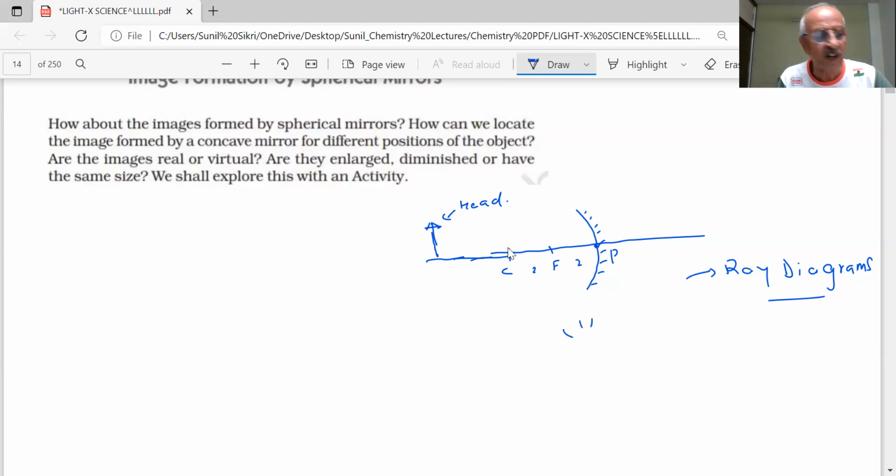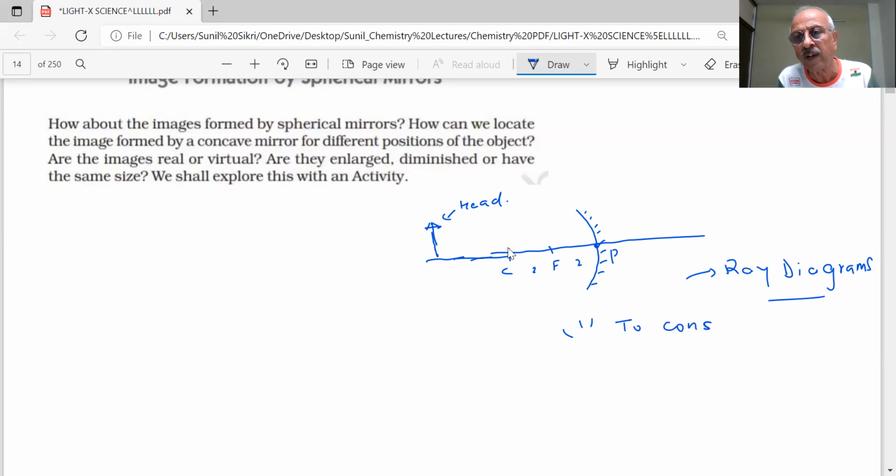And what will be needed, students, for drawing the ray diagrams? There will always be a need for 2 rays. Although there are infinite numbers of rays originating from each of these points, if I take this point, this point, this point, when the light is falling on this object, there are infinite numbers of rays. But to construct the ray diagram and to locate the image of an object, it is convenient to consider